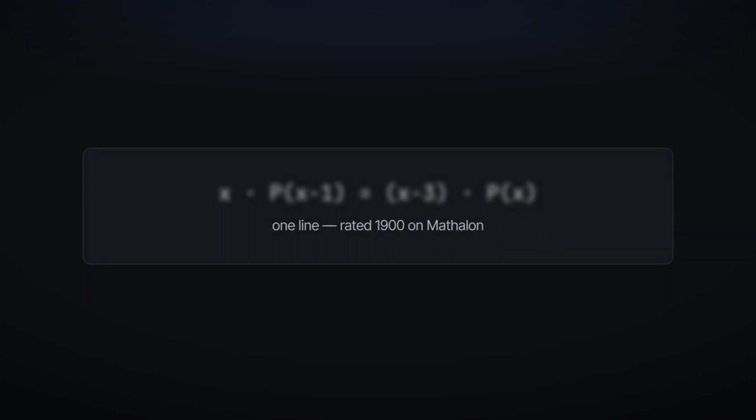One line of algebra hides one of the hardest problems in our bank. Let me solve it with you, thinking out loud. Here it is. A non-zero polynomial satisfies x times p of x minus 1 equals x minus 3 times p